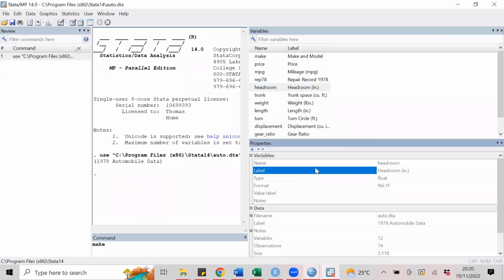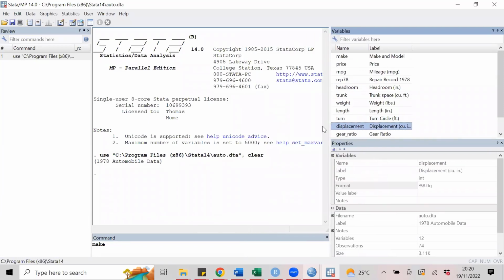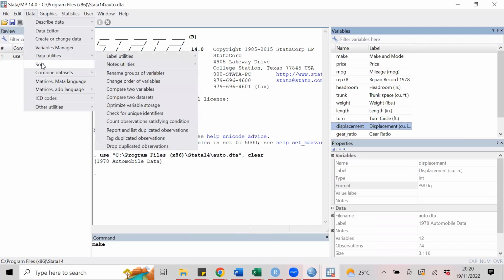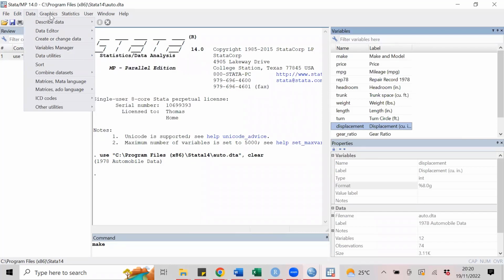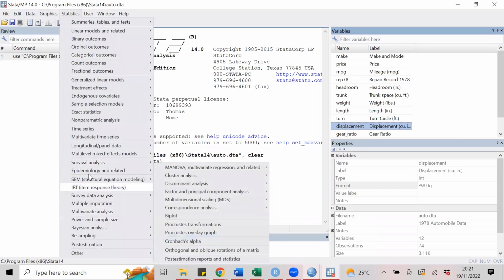What is the name of the variable? If it has a label, the type, and any format that is there. So if there are any categories, you'll be able to see them from there. This is important because every time you want to do an analysis, you need to understand the type of variable you're dealing with. Now, for Stata, again, it has the menu. So when you're dealing with data, you can organize the data, you can do different types of graphs, and you can conduct analysis, okay?